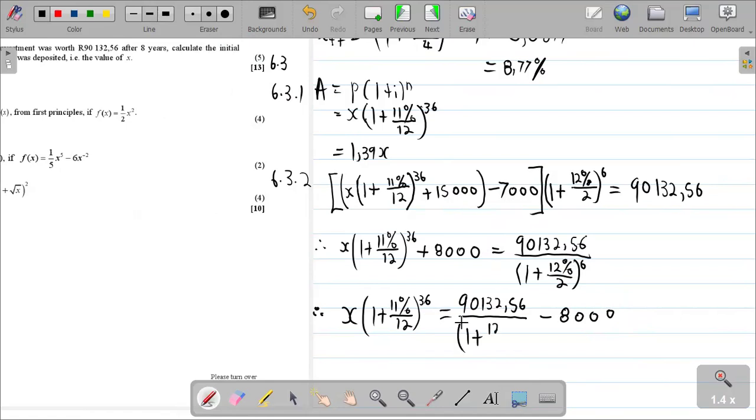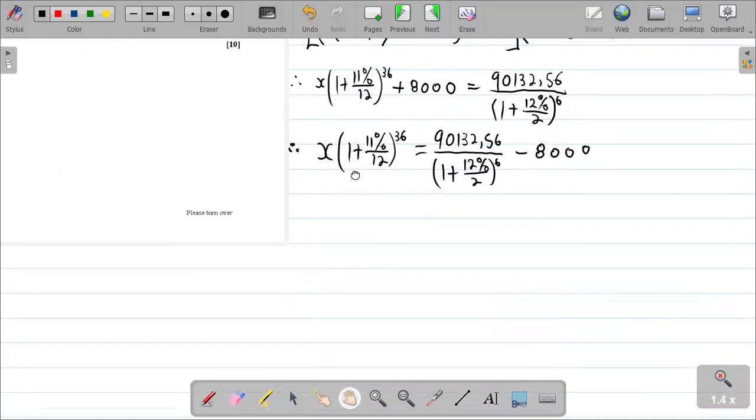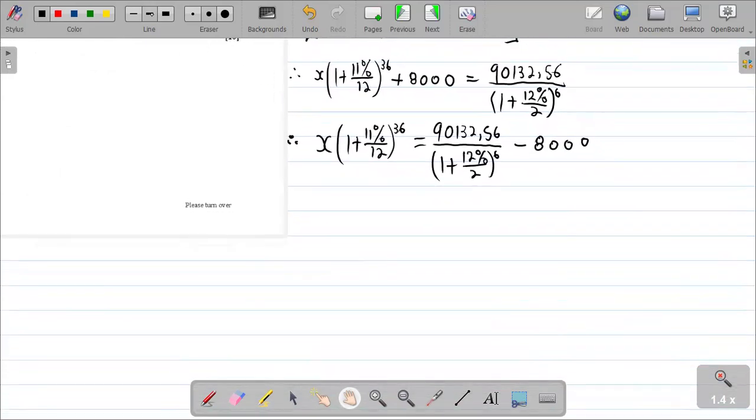And then 12% over 2, then 6. So we have to then divide by this bracket. So we have to divide here and there. So then x will be equal to, so we then say therefore x is equal to